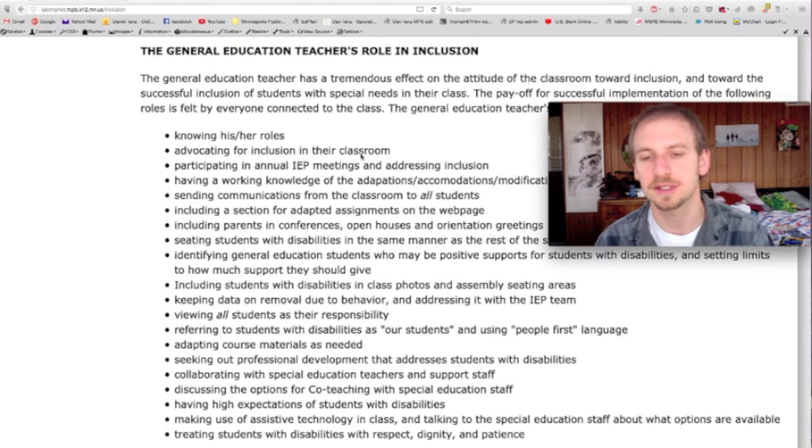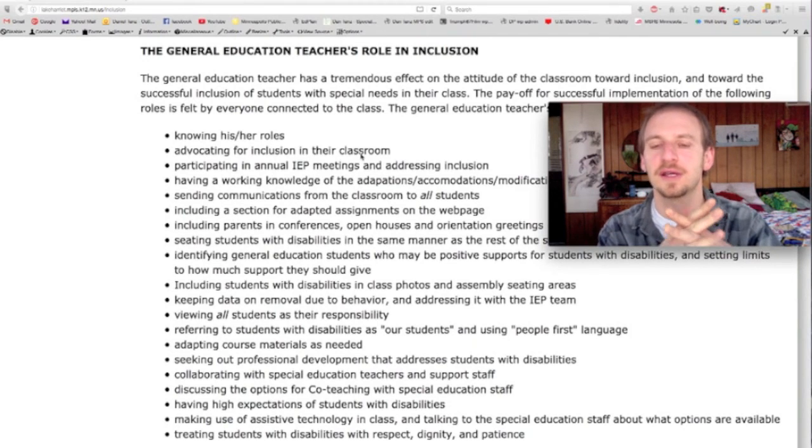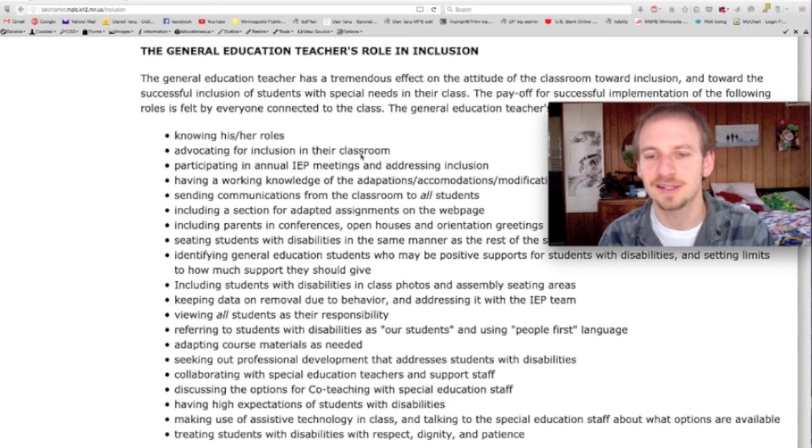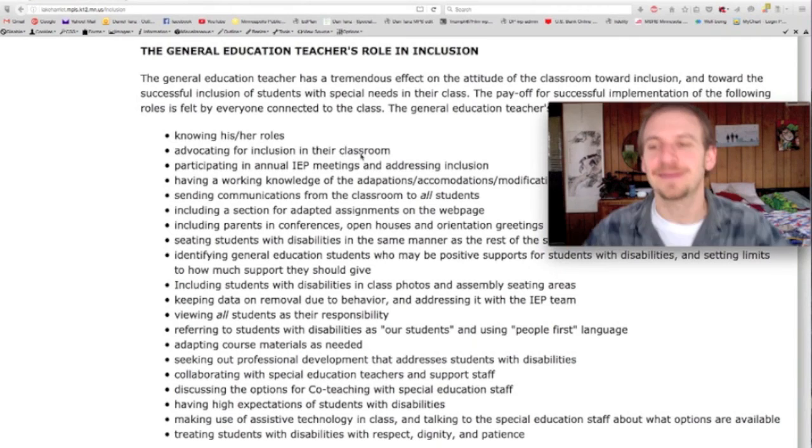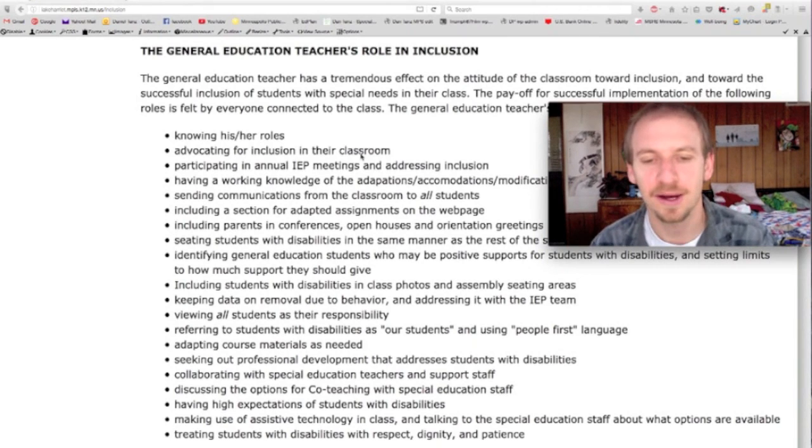So is the special ed teacher if you're doing collaborative. So dignity, respect, patience. Remember the scene in Young Frankenstein when Gene Wilder said that he needed to deal with his frustrations with quiet dignity and grace, and then he comes in, quiet dignity and grace. It's important stuff.